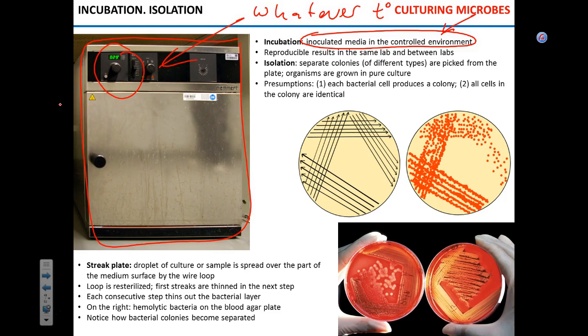which ensures two main outcomes. Outcome number one, your results are reproducible. So for instance, the temperature in this room, you can see from here, is about 70 Fahrenheit, okay? So you grow your microorganisms here in this room, they grow at one rate. You move them to another room, which is much hotter, across the hallway, and they're going to grow at a different rate. So results become not reproducible.